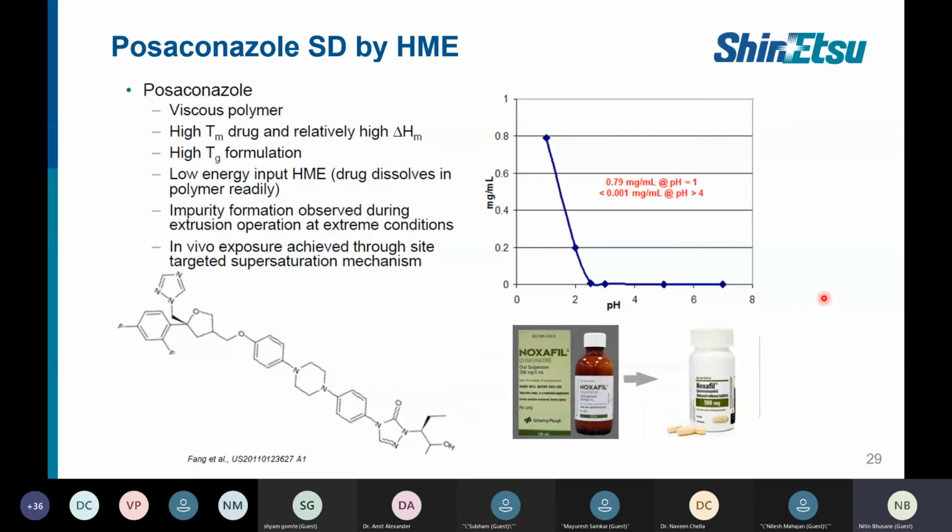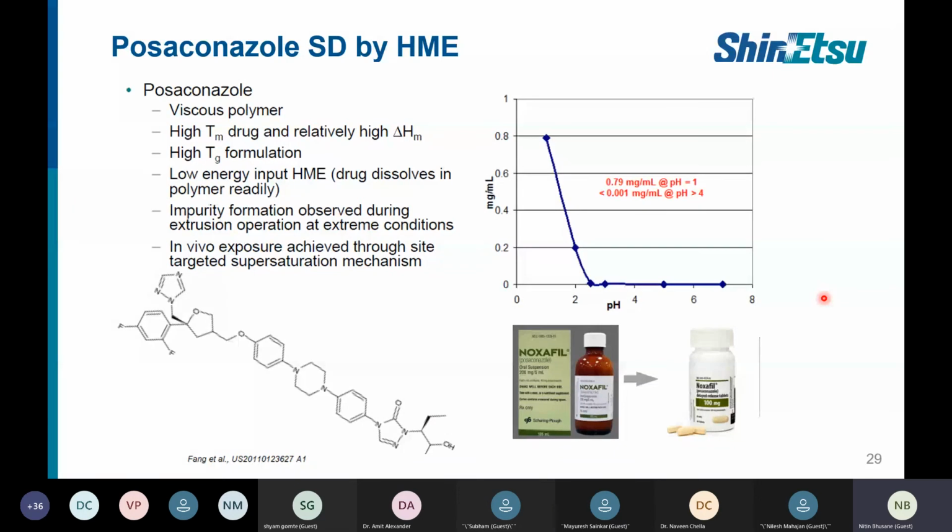Posaconazole, I can say, is one of the first success stories of the use of HPMC acetate succinate by the HME approach. As Arun mentioned in his first presentation on solid dispersion, HPMC AS has lots of success stories. But initially, scientists started the research mainly with solvent-based approaches, which are quite easy to handle, like top spray granulation or spray drum granulation. But as time went on, the Noxafil posaconazole-based approach gave us the first success story.